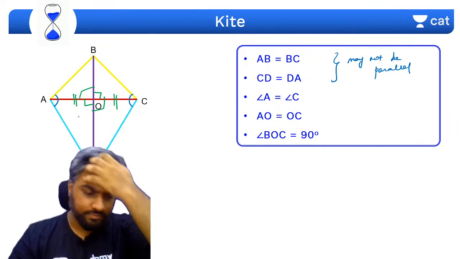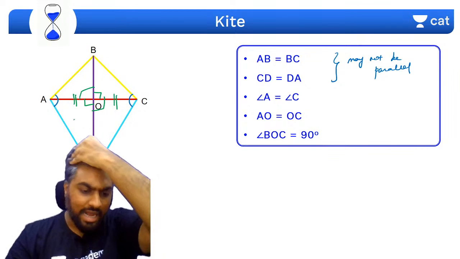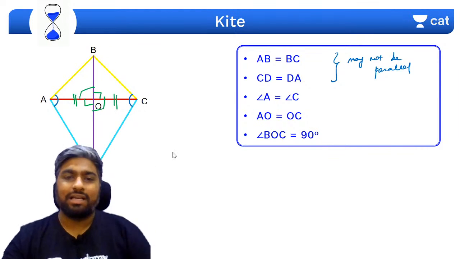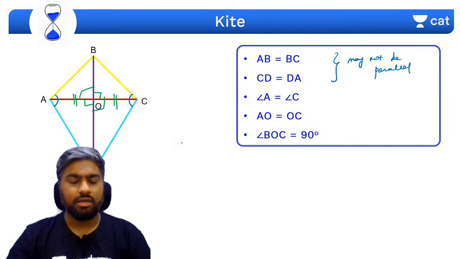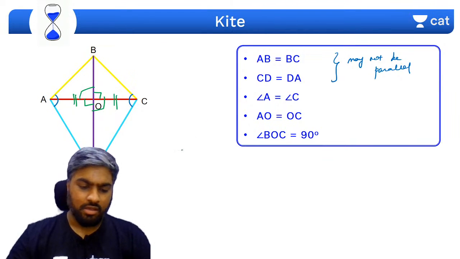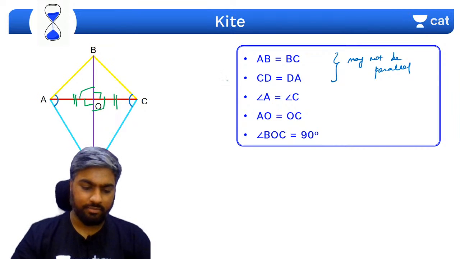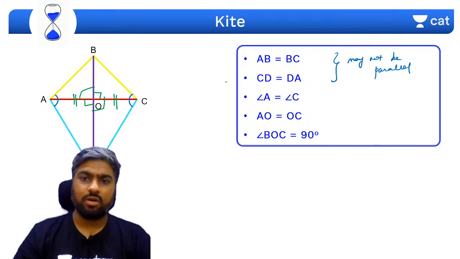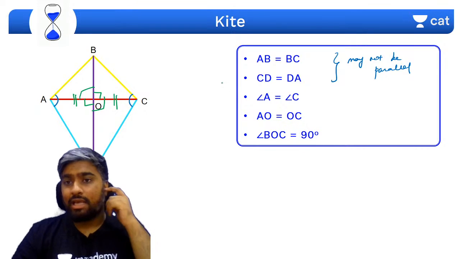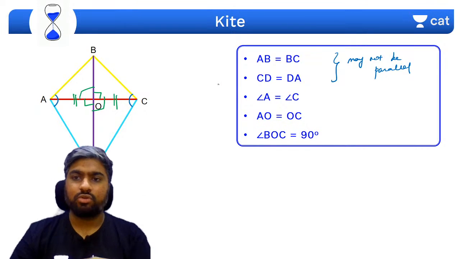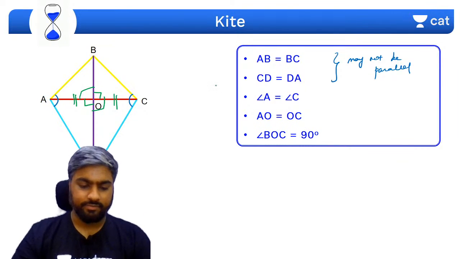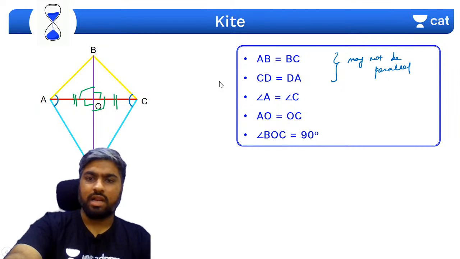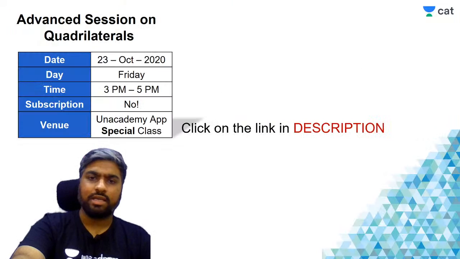Done? Ram, maybe you can come to the special class where I'd be able to draw at least properly. Here it would become difficult. You come to the special class and we'll pick that up there. Rohit, after geometry, we'll be doing mensuration and coordinate geometry. Towards the end, we'll do a couple of sessions on trigonometry, and with that our entire 2020 portion would be completed at least once. Then we'll get on with the revision sessions. I'll probably do a crash course or something like that, depending upon what you guys ask for.